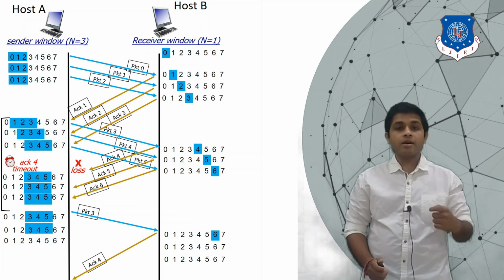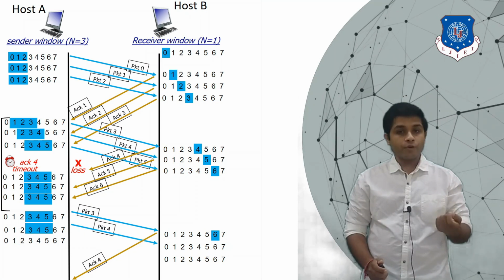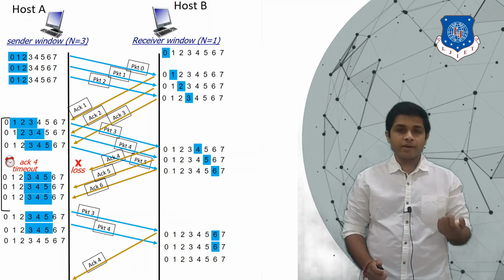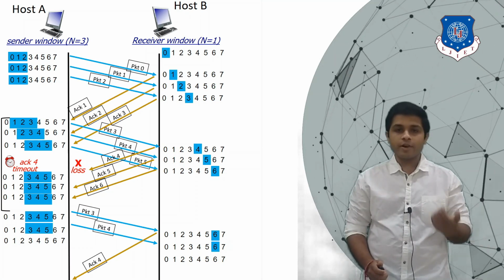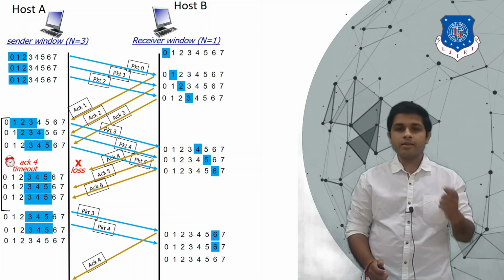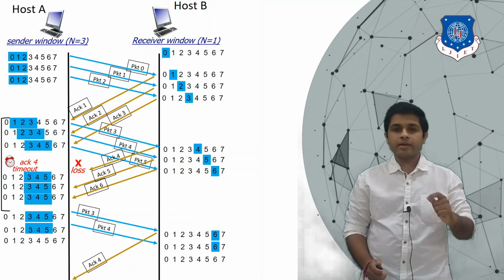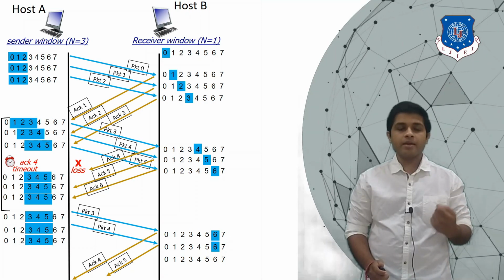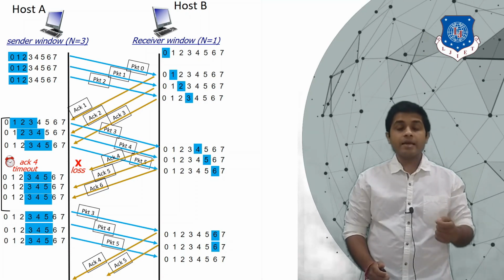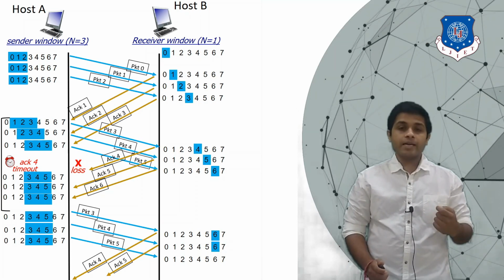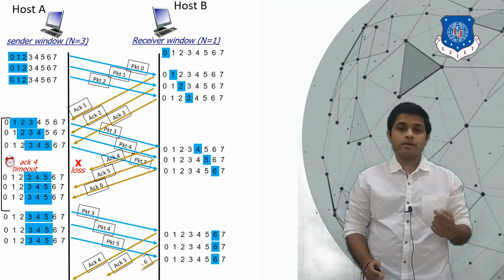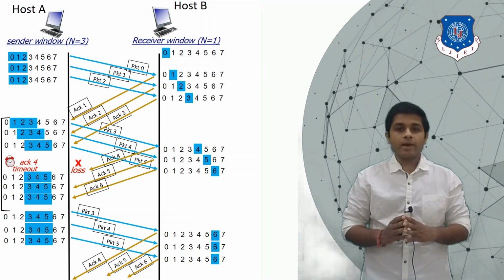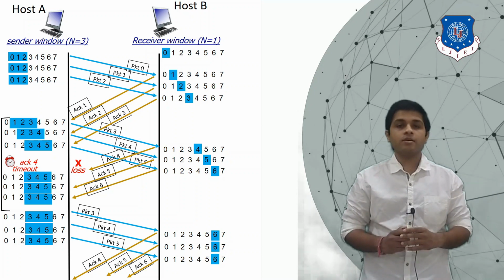Then A will send the next packet, which is packet 4. Again B is expecting packet 6 and it is getting packet 4, and because this packet is already received by itself, it will discard that packet and it will send the acknowledgement. And again the next packet will be sent by A, and that is packet 5, and B will send the acknowledgement, that is ACK6. So this happens when the acknowledgement is lost in the go back n.